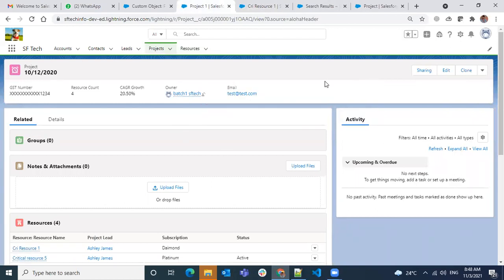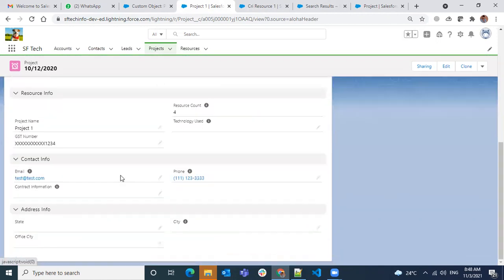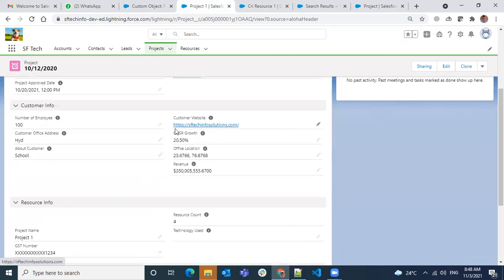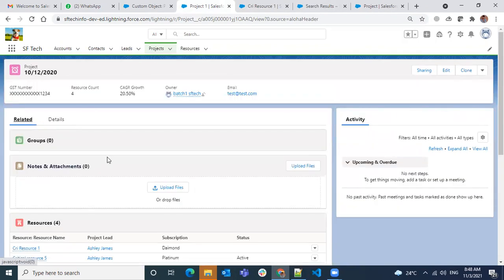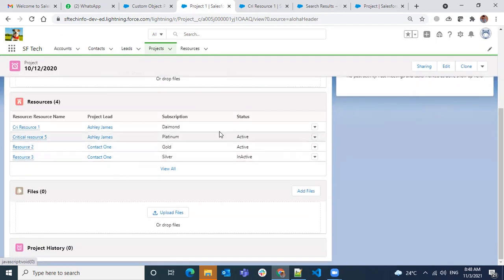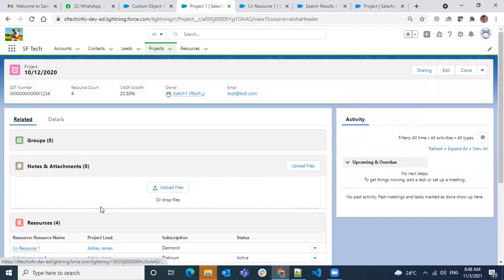In this page we have seen, so far, what all we can control. We have control only in the Detail tab. We can control some fields here and there, and we have made sections and all. And in the Related tab, we added the child records related to this record. We were able to add them, and we saw how to control the buttons and how to control the fields. We have seen all those. Tomorrow, we're going to see how to control this tab and how to control the UI of this one. And the right section also, where we see only the activity here. So these are also what we're going to cover tomorrow.